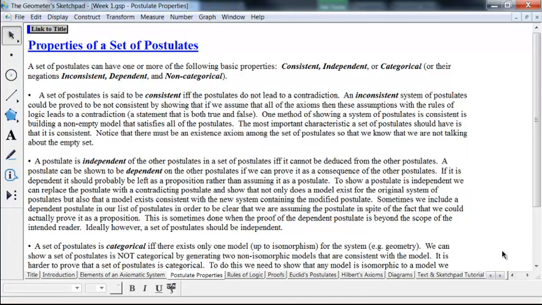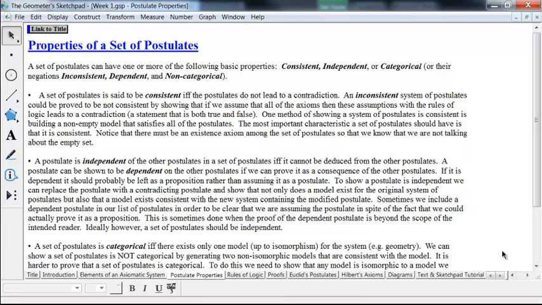If we can show we have two consistent models, both consistent with all the other postulates, but in one model the postulate we're considering is satisfied, is true, and in the other it's false,